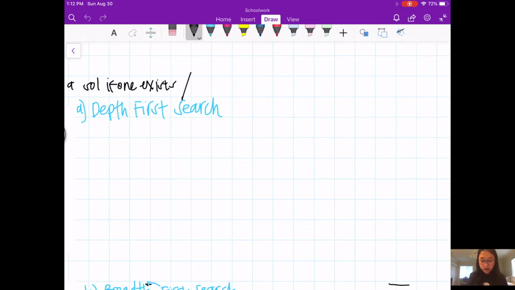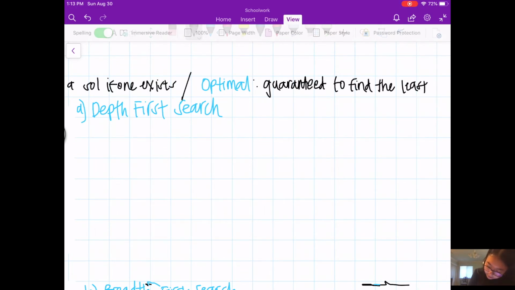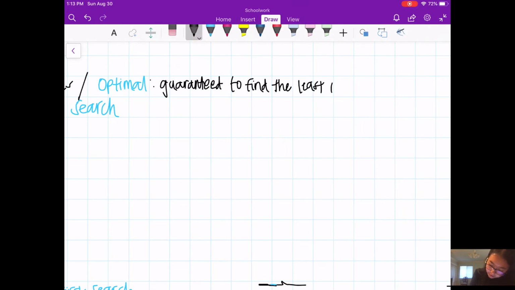And then the other characteristic you want to take into account is optimal. If a search is optimal, that means you are guaranteed to find the least cost path.